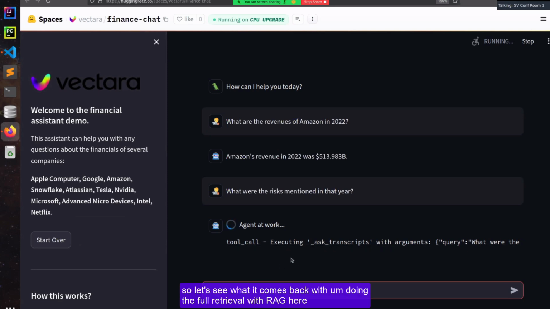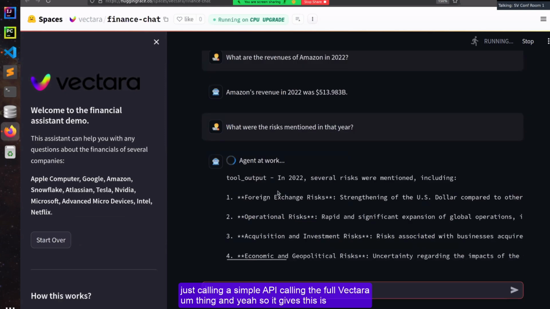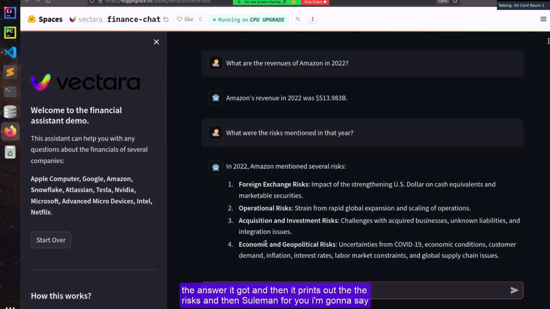Doing the full retrieval with RAG here. It's just calling a simple API. It's calling the full Vectara thing, and yeah, so this is the answer it got, and then it prints out the risks. And then Suleman, for you, I'm going to say,